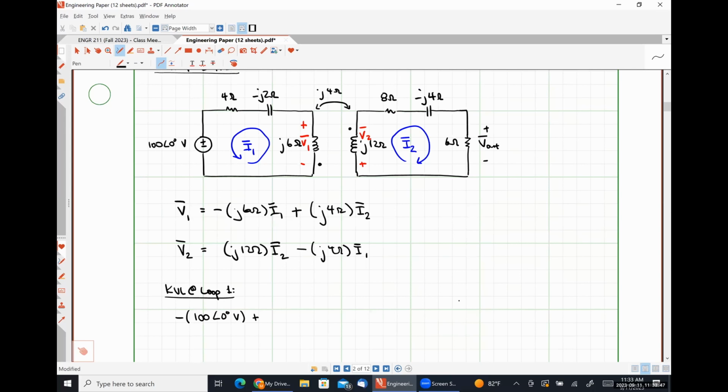So that impedance looks like 4 minus J2 ohms to me, times I1, then I'm just going to add V1 to look like minus J6 ohms times I1 plus J4 ohms times